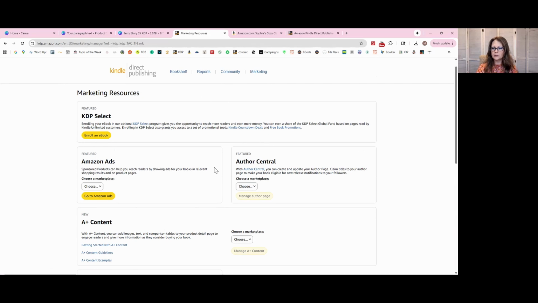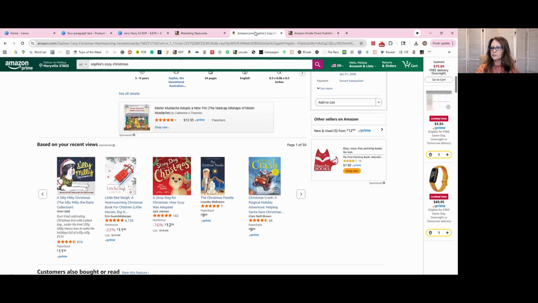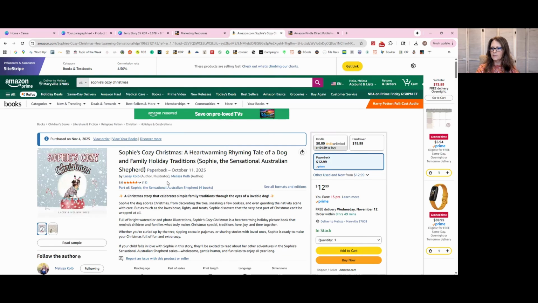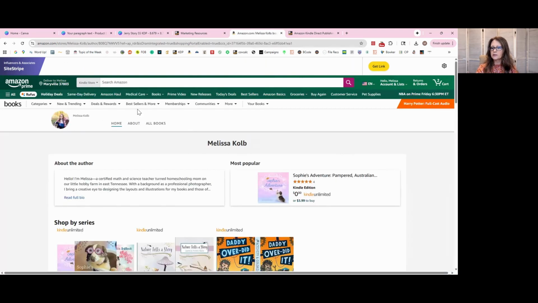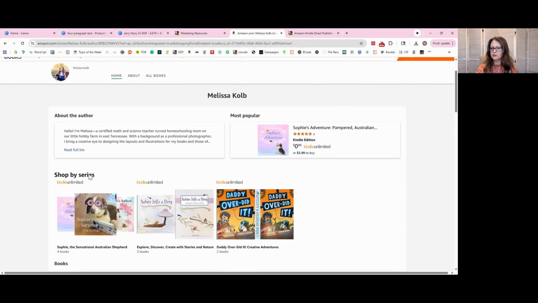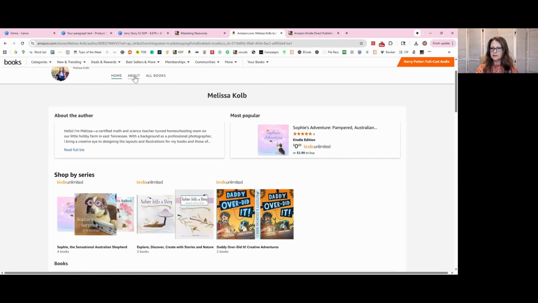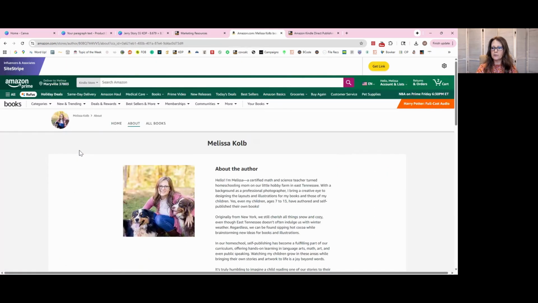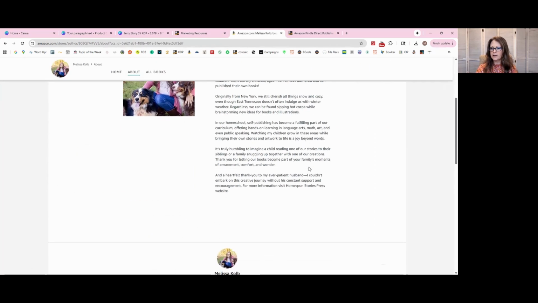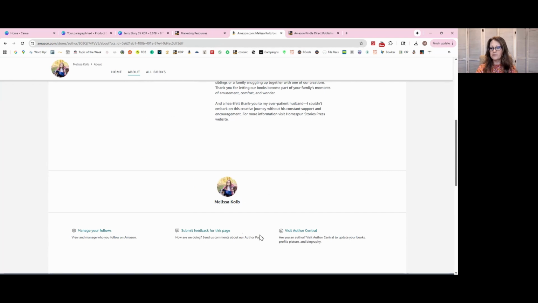I would like to encourage you to set up your Author Central. So Author Central is just, it talks about you, it talks about the author. Let me show you, for example, what that would look like. Pulling up one of my books here. Okay, so this is my Author Central. It basically shows all the books that I've been a part of in some way. It tells a little bit about me, so about the author, read your full bio, tells a little bit about you. People can follow you,